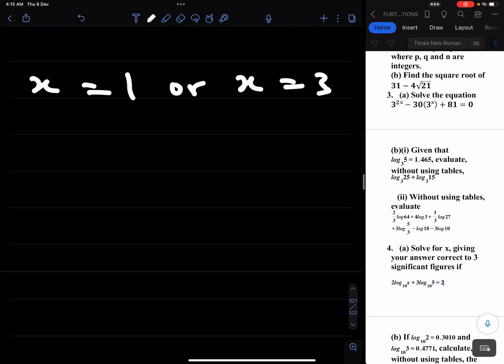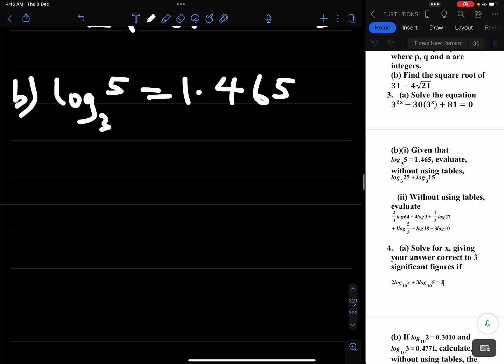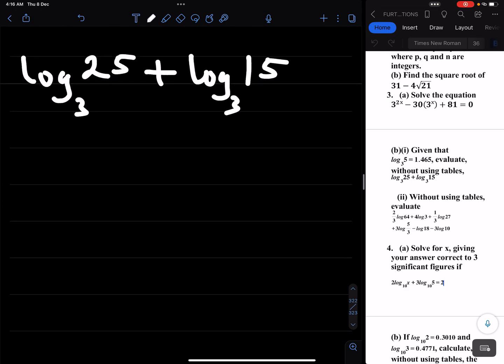What's the next? The next one is 3b. Given that log 5 base 3 is equal to 1.465, evaluate without using tables log 25 base 3 plus log 15 base 3. That means log 25 base 3 plus log 15 base 3 will be equal to